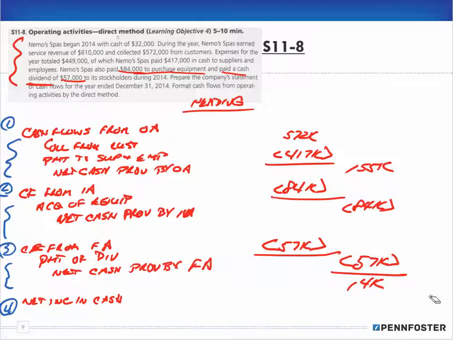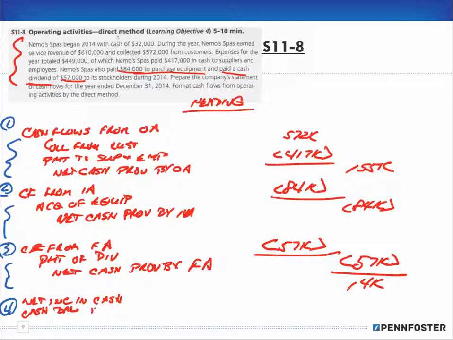Like I said, most times the homework problems and the textbooks present things in only one manner. They don't really show you the opposite side, because they just figure that you can figure that out yourself, I guess. Right? So then, under the net increase in cash, we take the cash balance